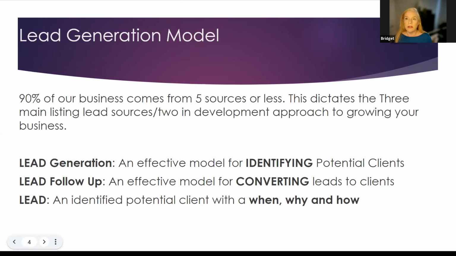For those of you that are following the incredible, game-changing leads identified per week future client process, you would add on that a lead for that formula is someone that has said they want to buy or sell in 2022. If you aren't familiar with that process, also put that in the chat and I will get that to you. Any questions? Are we clear on all of this? And are we clear that 90% of your business comes from 5 sources or less?